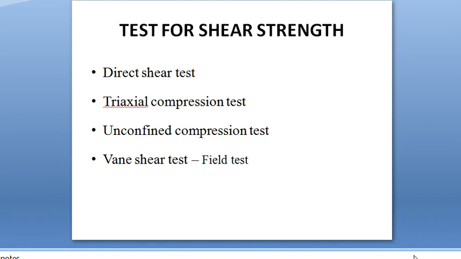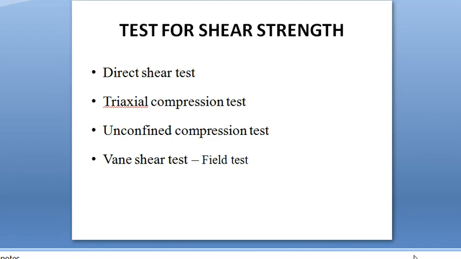Last class we discussed the Mohr-Coulomb strength theory, which explains the shear strength of the soil as S = C + σ tan φ, where C is the cohesion coefficient, σ is the normal stress, and φ is the angle of shearing resistance. Okay. Now in today's lecture we are